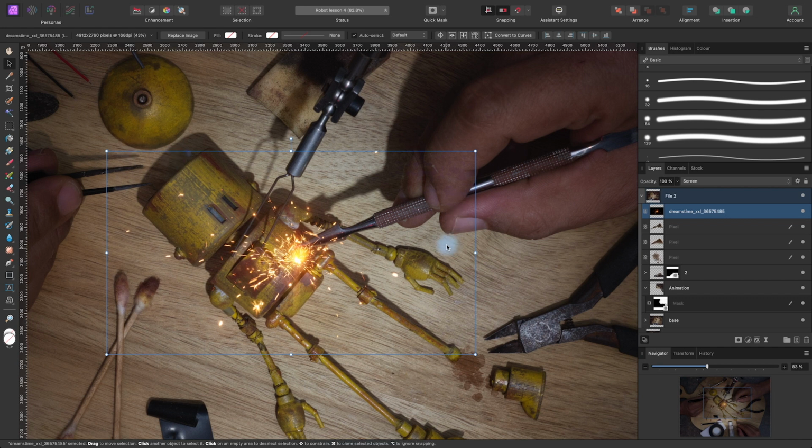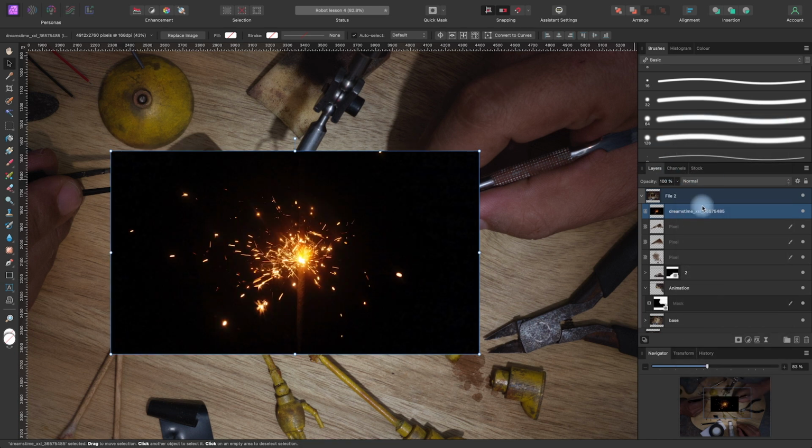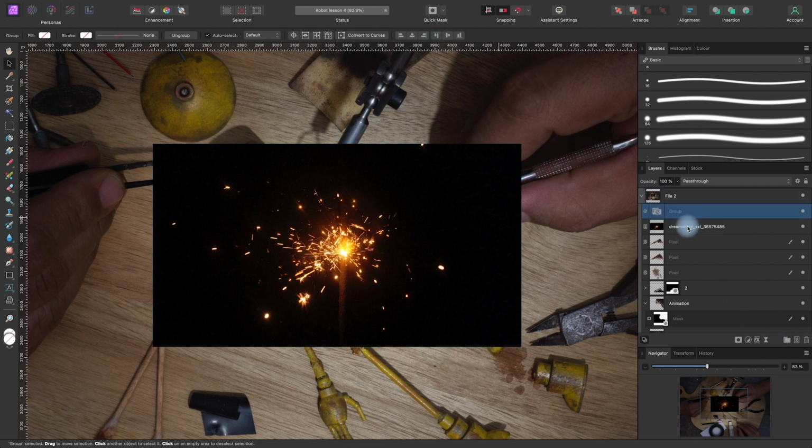surroundings of this image, and I don't like that. So I'm going to take it back to normal so you can see. And remember that the screen blending mode takes away everything that is dark or black. But I guess this image is not completely black. So I want to have control over it. So I'm going to put a folder inside the folder. I'm going to take my image inside that folder and call it